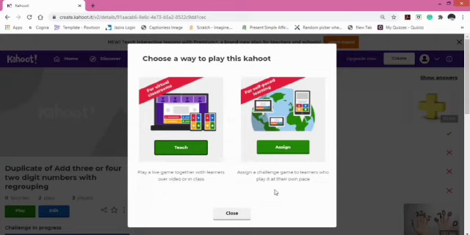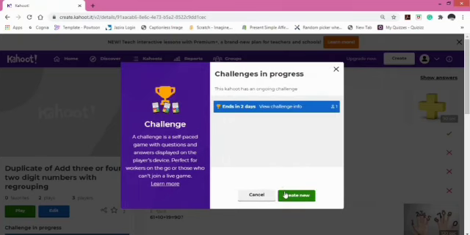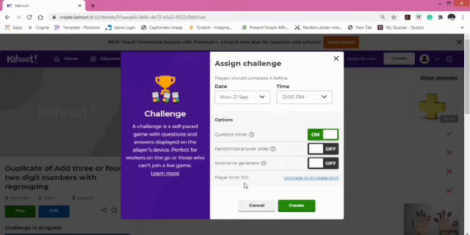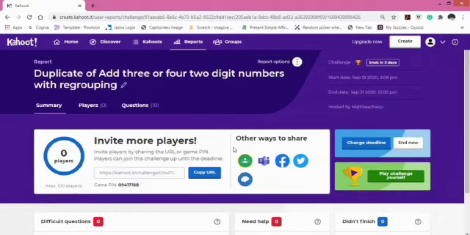We're back here again. This time let's choose Assign. Here we can change the date and time for submission. We can also set the question timer on and off, the order of the answers being random on and off, and finally the nickname generator on and off. Now if we share the link and anyone clicks it, they can play your game anywhere and anytime within your submission date.